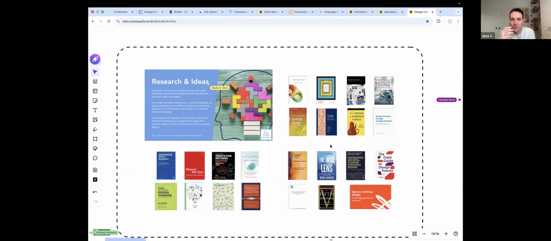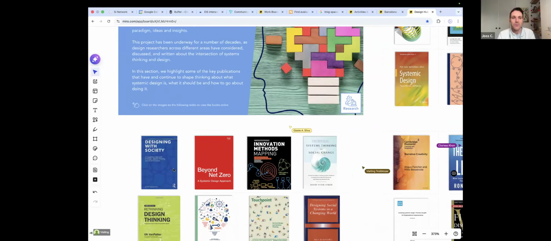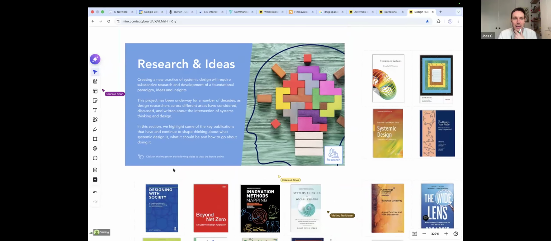What can that be as a practice? What should that be? And there are many questions and challenges and discussions going on there, particularly this contrast or this intersection of design thinking that's been so prominent in our world and systemic design. And that conversation is ongoing.